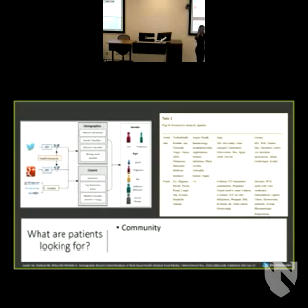When they did their broad analysis of the questions that people were asking, what they really found was people were looking for communities. They wanted to find other people that were like them. Because you walk around, you get a diagnosis of whatever it is, and you walk around thinking that you're the only one who's been diagnosed with this.